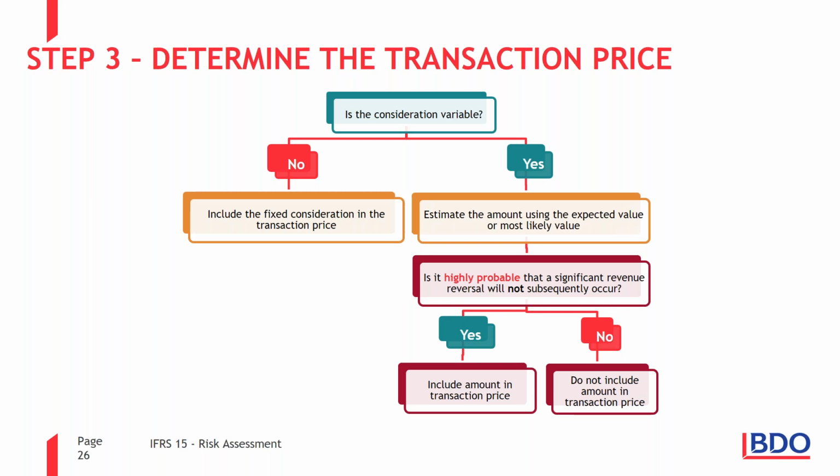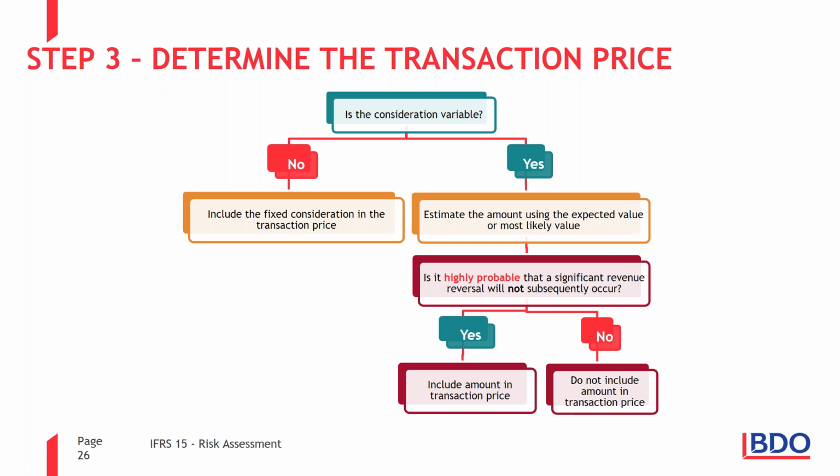The whole purpose in IFRS 15 is we do not want to recognize revenue and then in future have a reversal. So therefore, before we book revenue, in step 3, we ask, is it highly probable that there will not be a reversal in future? Now, highly probable is not just more than 50% likely. Highly probable is a higher threshold. More than 75%, 80%, there's no guidance, but, in my head, or Kevin and I are thinking, more than 75% probable that the revenue we book now will not be reversed sometime in future,